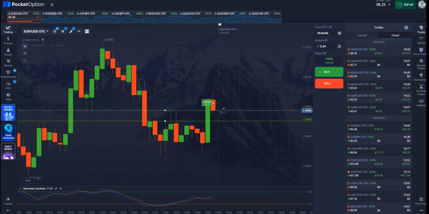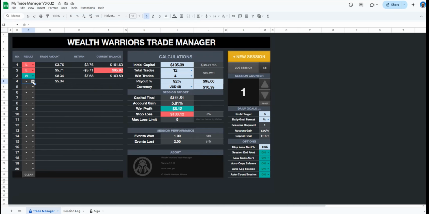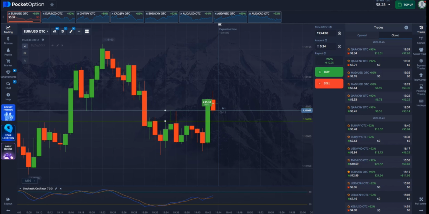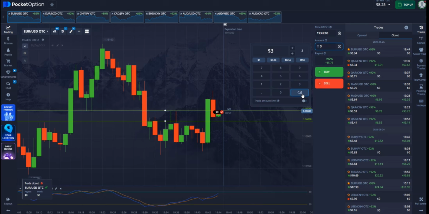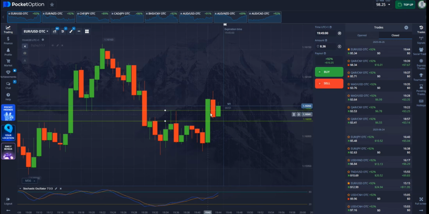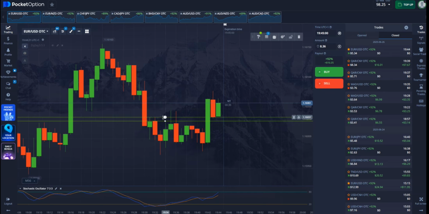Okay, looks like this will be a losing trade. 8.36. Why I took this trade for a buy was because we had a reversal setup. Although this candle was a little bit too long, I thought to continue because I saw the movement of the candle. But looking at this,